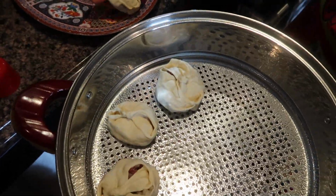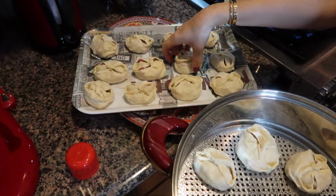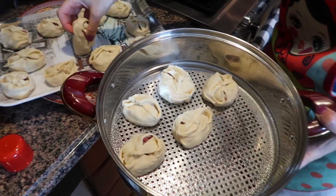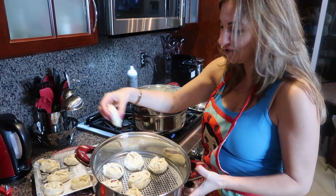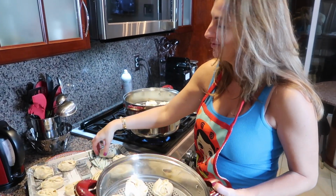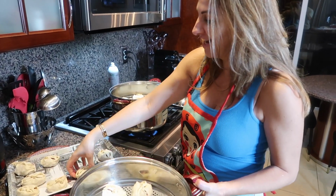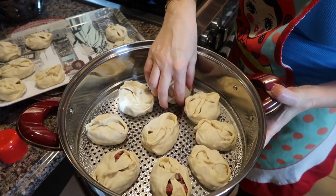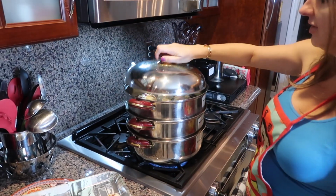The real Uzbek pot for manti has like 3-4 layers, so you could make a lot of them. I have this Chinese one, my co-workers got it for me from work, so I could make manti for them. Yeah, so I could make only this much. All right, I put it like that, cover it